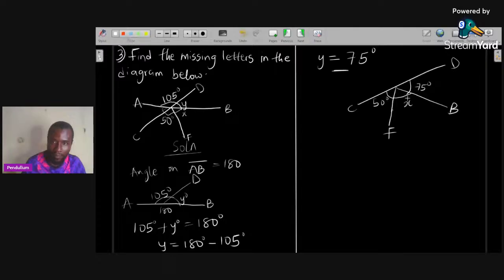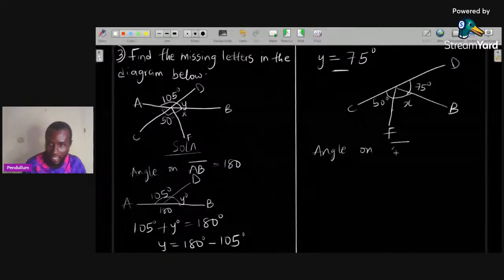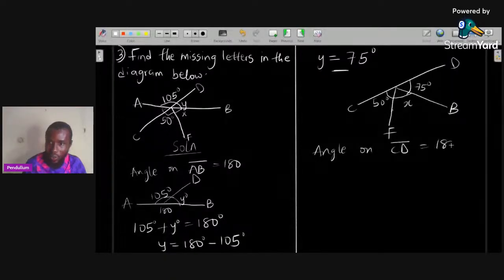Now, the same thing we did the other place. CD is also a straight line, and the angle on a straight line will always remain 180. So angle on line CD is always 180. Every straight line is 180 degrees. So what this tells me is that if I add 50, the angle from here to here, plus X, the angle from F to B,